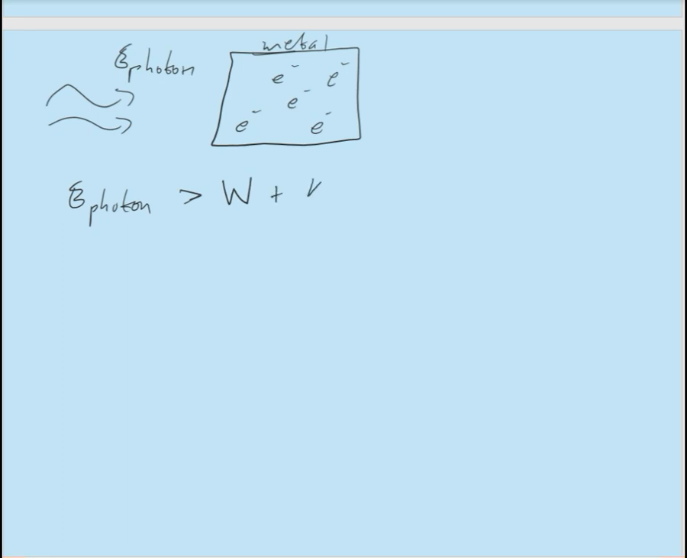plus the maximum energy of the electrons. So the electrons have their own kinetic energy. I mean, they're moving around and so on. So in order for this electron to be emitted, the energy of the photon must be greater than the work function, which is the energy that's holding those electrons in place, and, let's say, greater than or equal to the maximum. And if we rearrange this, we get,